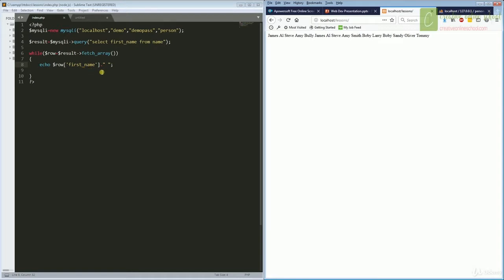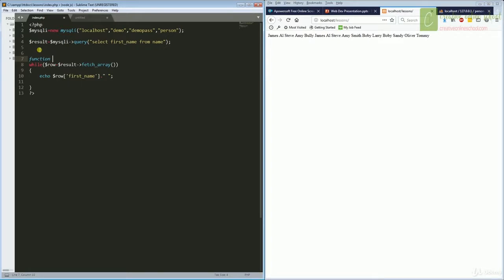Now, it's easy to do this when you only have a few results, but there's two cases that you're really looking for when you're running queries. You're either going to be getting a result set like this one, or you're only going to be getting back a single value. Maybe you want to pull one ID, or maybe you're looking for just the person's name when you load the form. And in order to do that and to make things more simple, we're going to turn these into functions. So first, I'll turn this into a function,